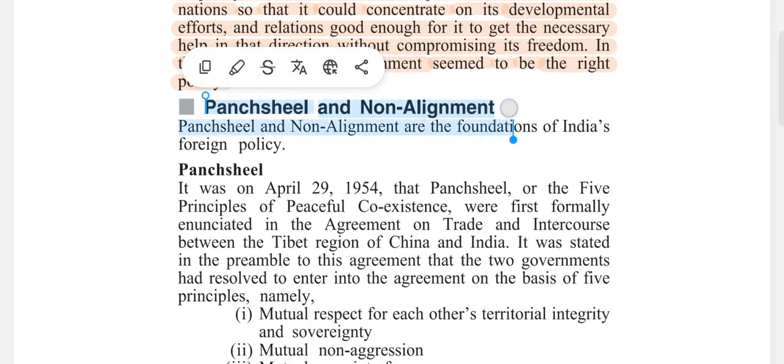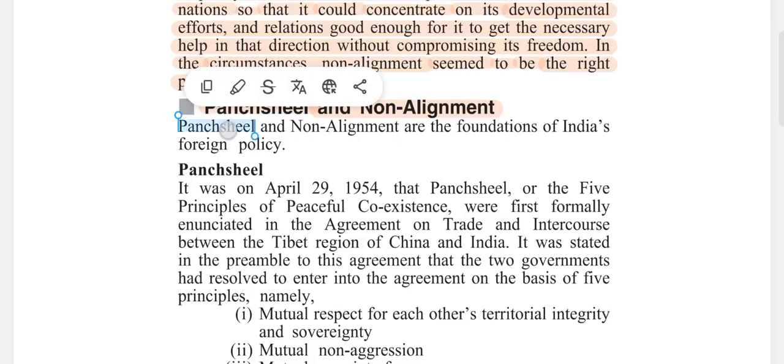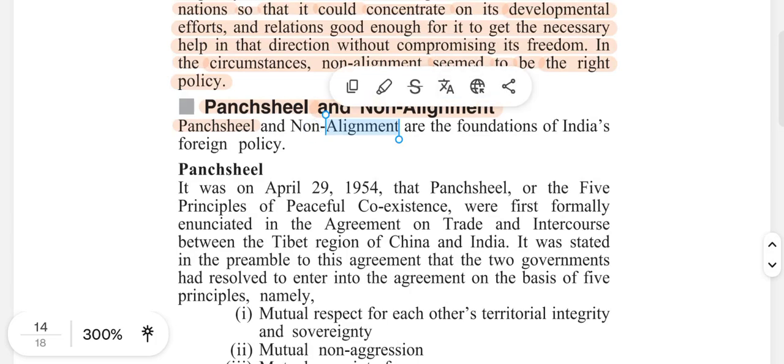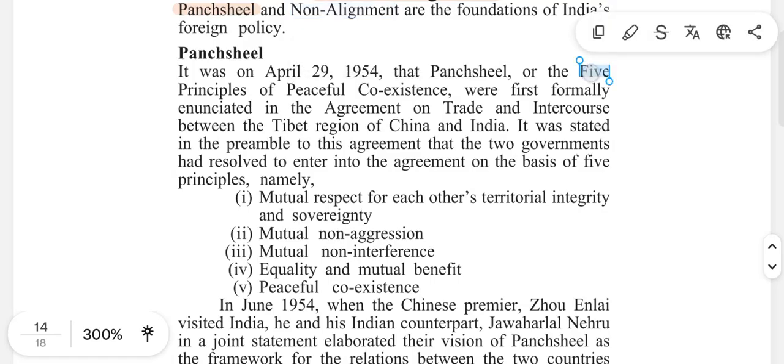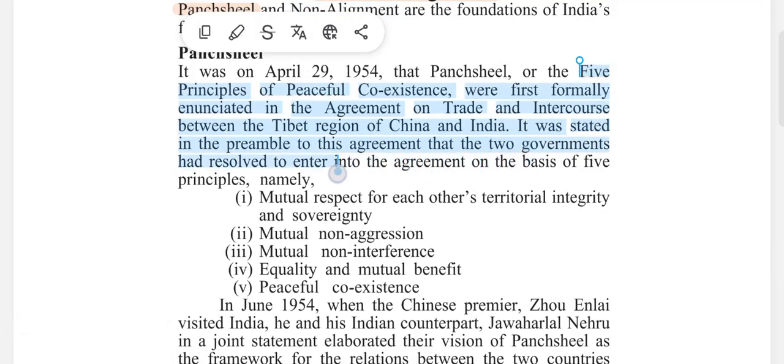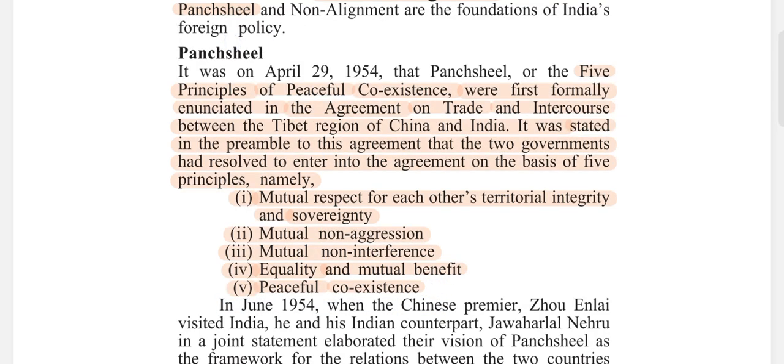Panchsheel and non-alignment are the foundations of India's foreign policy. Panchsheel. It was on April 29, 1954, that Panchsheel, or the 5 principles of peaceful coexistence, were first formally enunciated in the Agreement on Trade and Intercourse between the Tibet region of China and India. It was stated in the preamble to this agreement that the two governments had resolved to enter into the agreement on the basis of 5 principles, namely,